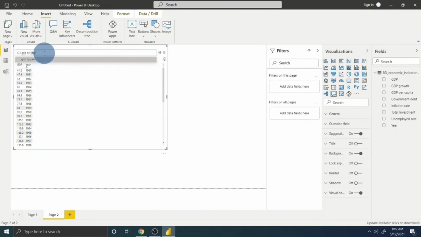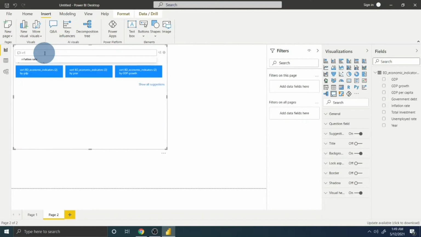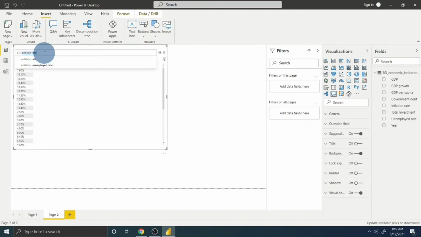Likewise, if you would like to know inflation rate, for instance, just write inflation rate, and you see it comes with the natural language query setting, like the inflation rate comes with this column. It is a very interesting thing, and I strongly recommend you use this Q&A natural language platform, so that you can make so many tables in this particular area without the help of data visualization tools or tables.